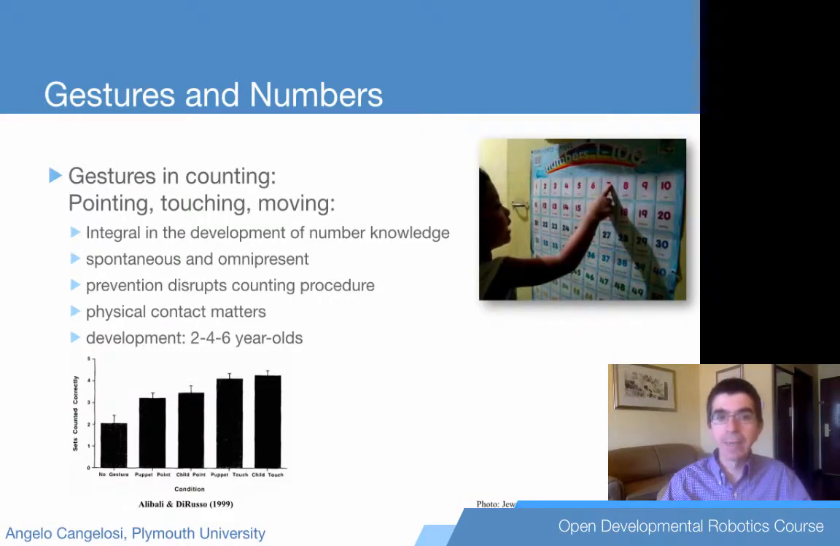So if you look at this diagram here on the bottom left, the first column is the performance of the child in number counting in the condition which is passive. The second and the third are the conditions where there are pointing gestures. One, the first column with the gesture, is actually the puppet, an experimenter holding a puppet and pointing. The other condition is where the child has to point. And then the next two are the child and the puppet actually touching physically each object. And you can see the improvement in performance when you allow the child a richer embodiment experience, first with pointing